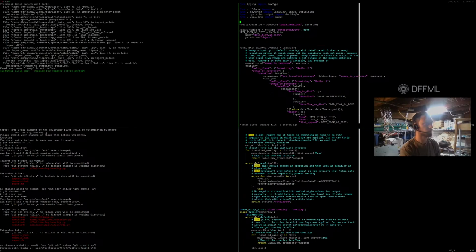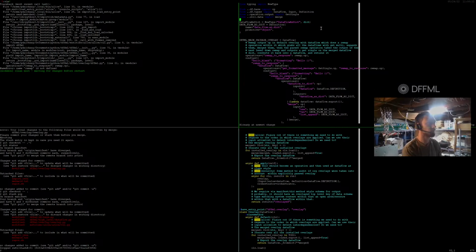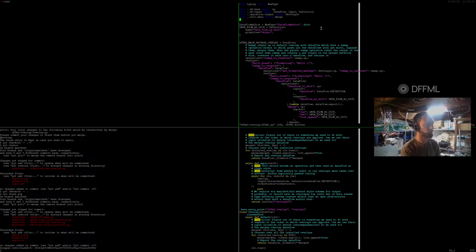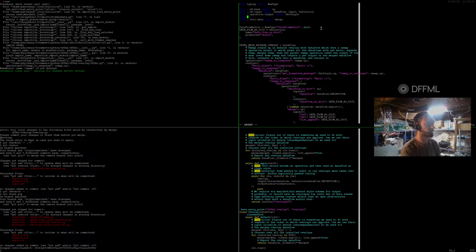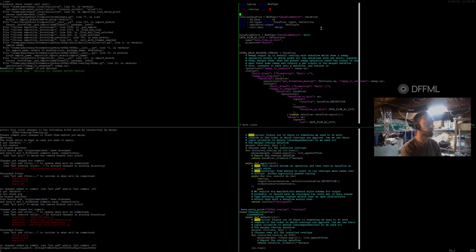And actually, this really belongs with the overlay stuff, right? So from dot dot overlay, or let's see, we're in overlay, from dot overlay import overlay data flow, right? And we will call it